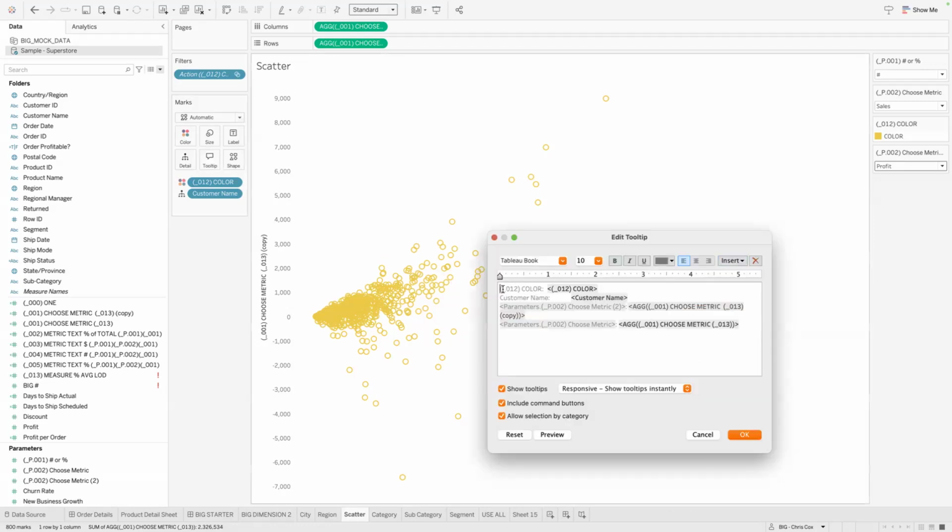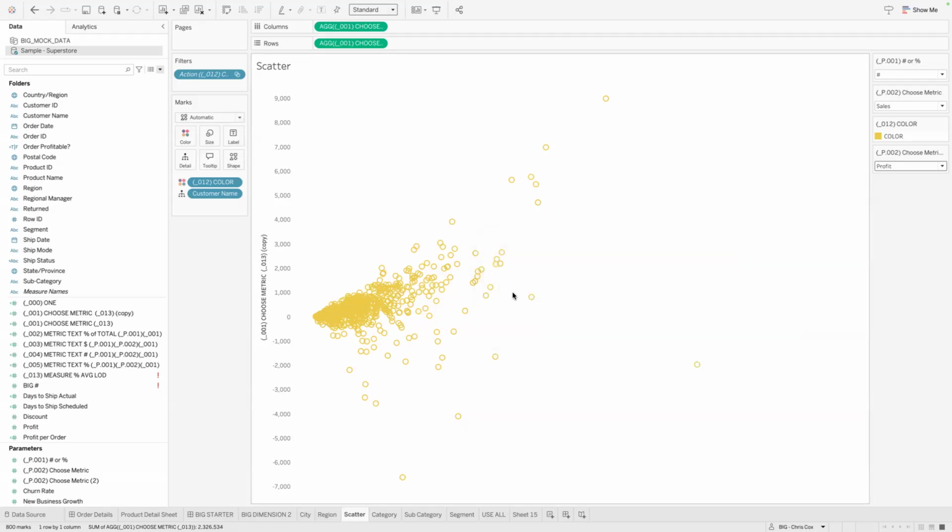I didn't do the tab. There we go. So profit of 18.95 and the sales of 10 whatever. So this person here has bought $8,000 worth that is not actually profitable.